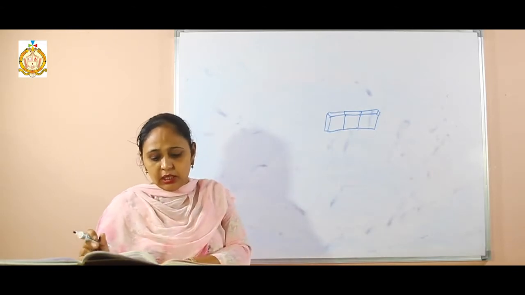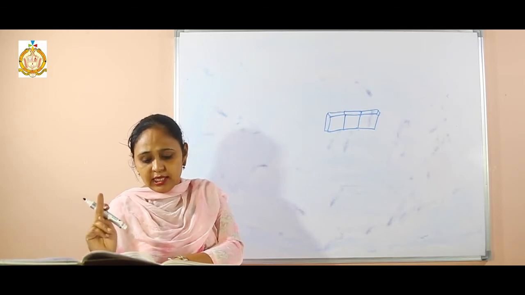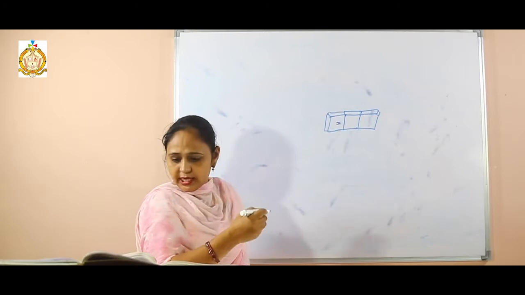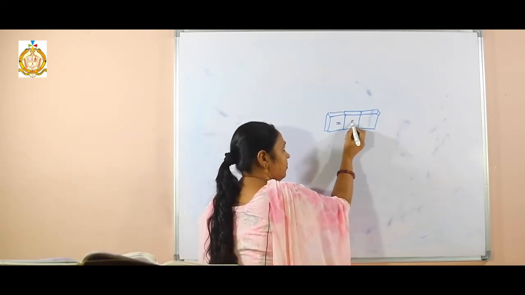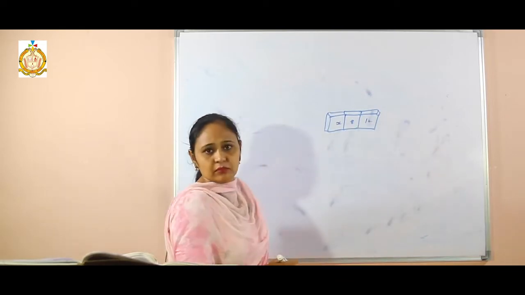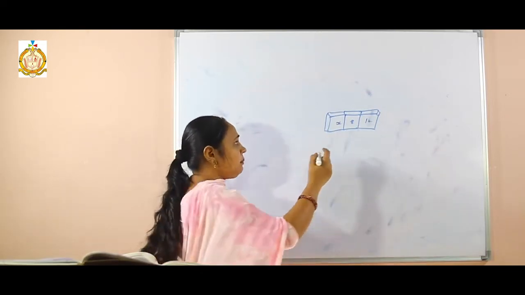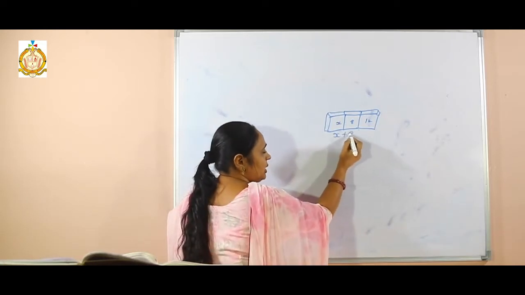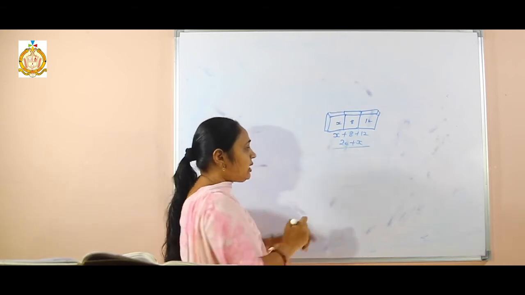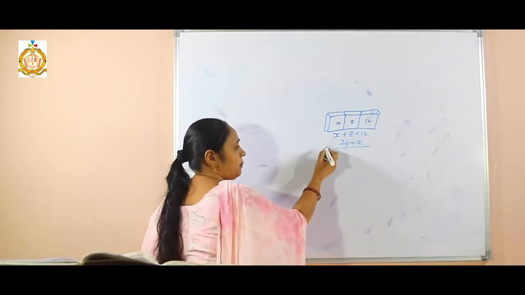Now we see that 3 cubes are placed and the given edges are x. The first has side x, the second has side 8, and the third has side 12. Now we know length is changed. The length becomes x plus 8 plus 12, that means 20 plus x. We can't join the variable with the number. Now it becomes our length.